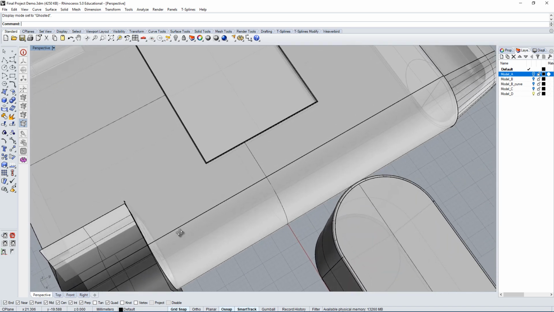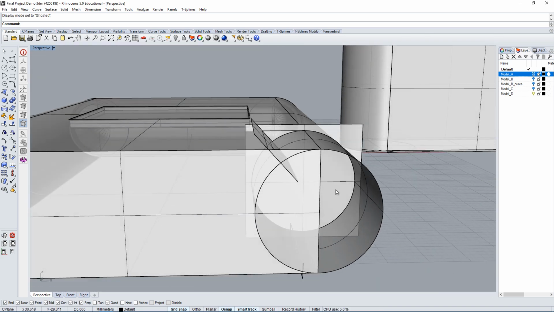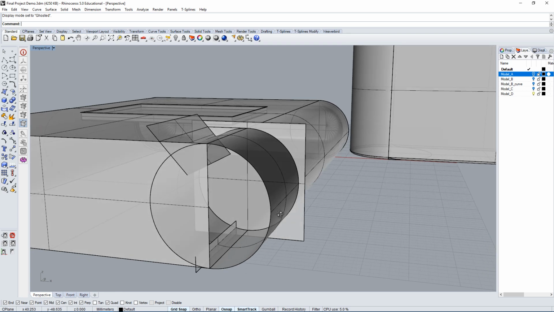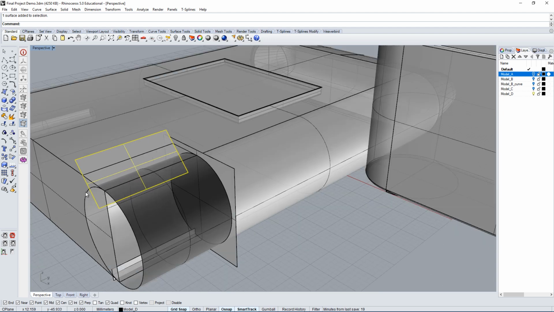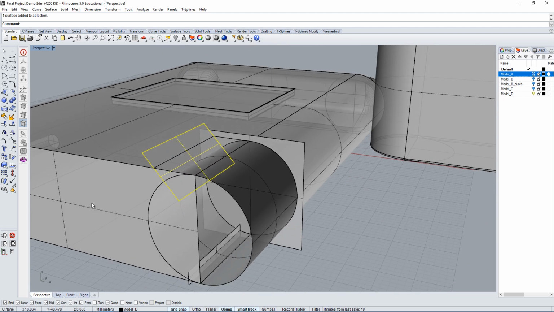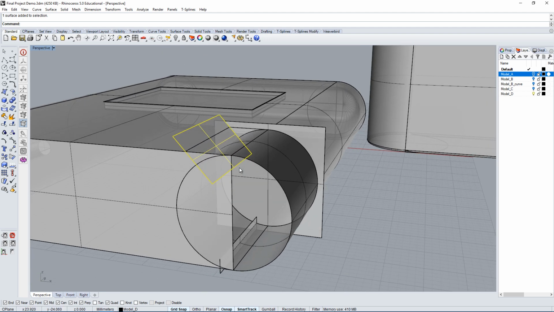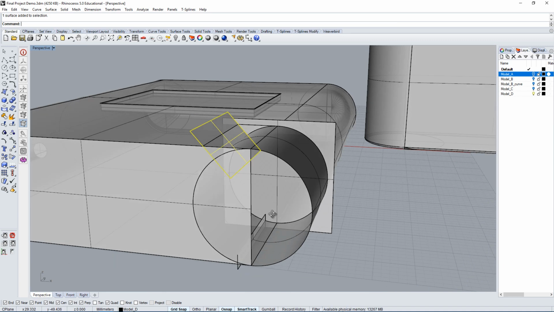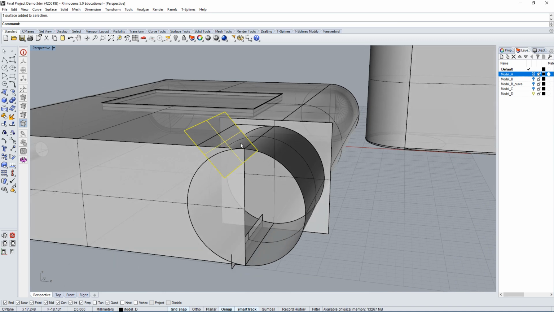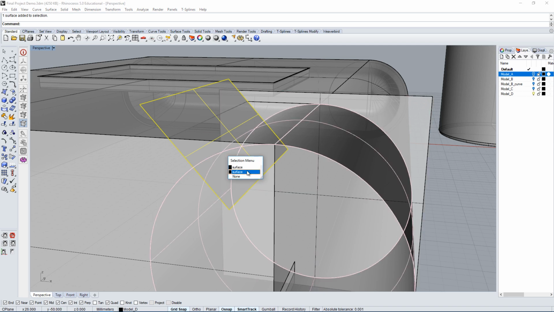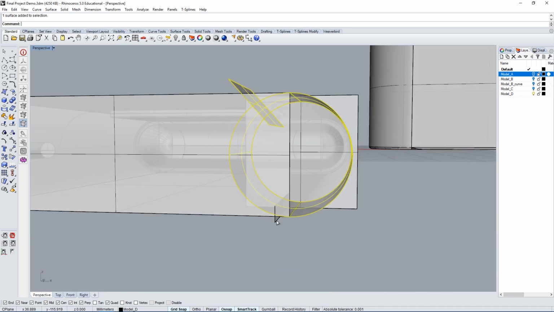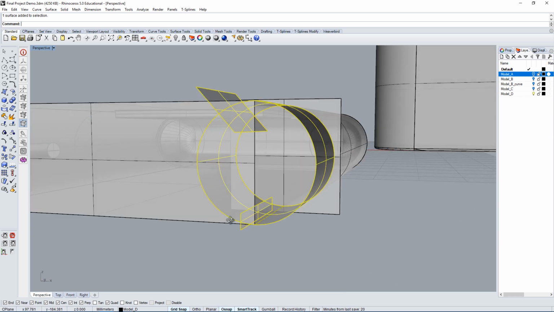I think we've untrimmed everything we needed to. So the next thing you're going to want to do here is select some of these surfaces that trim this patch here, the top patch. Or, you know, the flat surface. I call it a patch because when you have multiple surfaces that touch each other, typically we call that patches. But yeah, it's just a flat planar surface in this case.